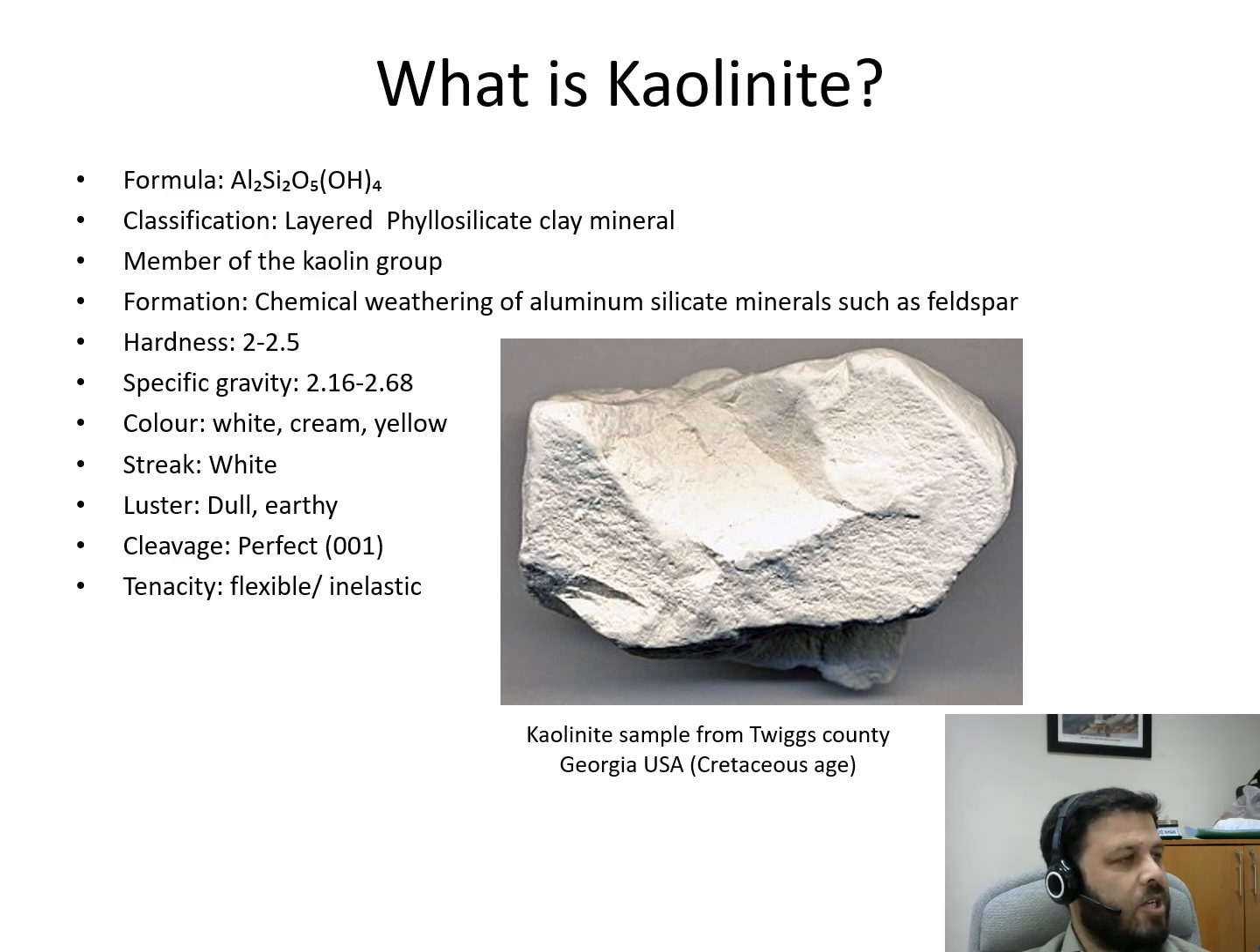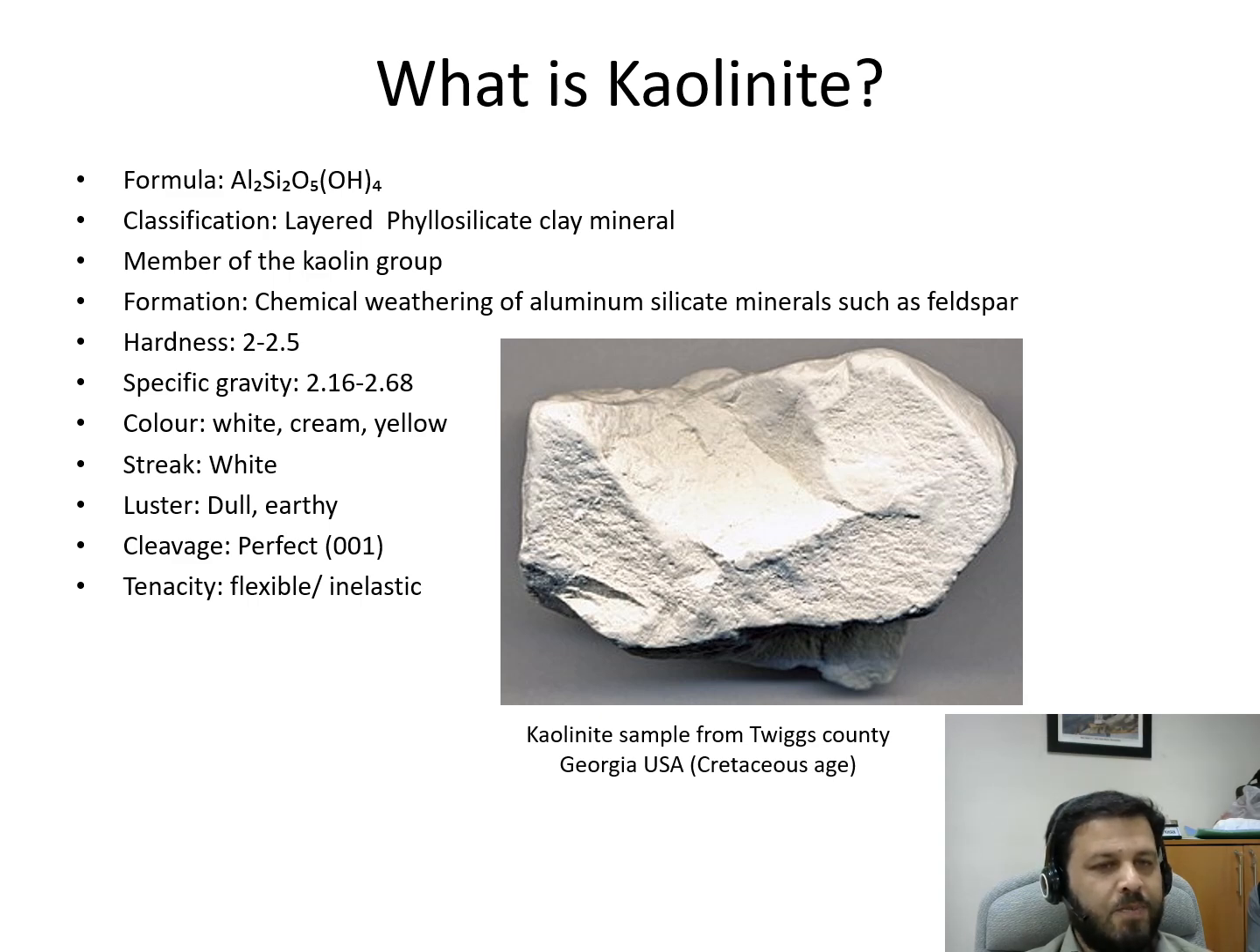Starting off with the introduction, kaolinite is an aluminium silicate, generally classified as a phyllosilicate. It is a member of the kaolin group and forms through chemical weathering of aluminium minerals such as feldspar. The hardness is from 2 to 2.5 with a specific gravity of 2.16 to 2.6. Generally, the color is white, however, with the addition of impurities, sometimes the color turns into cream, yellow,